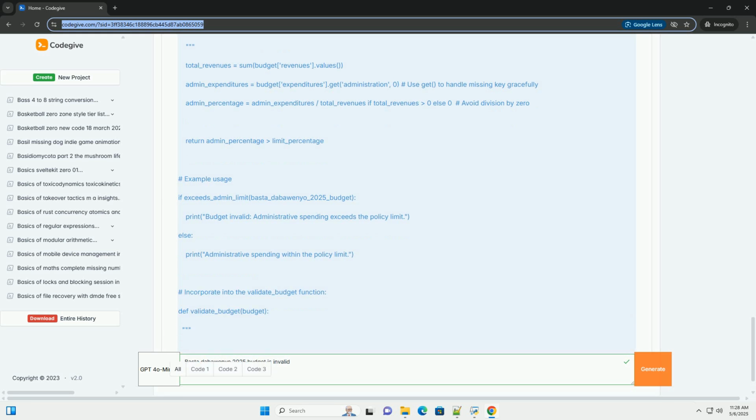Realistic revenue projections: base revenue projections on historical data, economic forecasts, and clearly defined assumptions. Document these assumptions. Alignment with strategic goals: ensure that budget allocations support the city's strategic goals, for example improving education, reducing poverty, attracting investment.